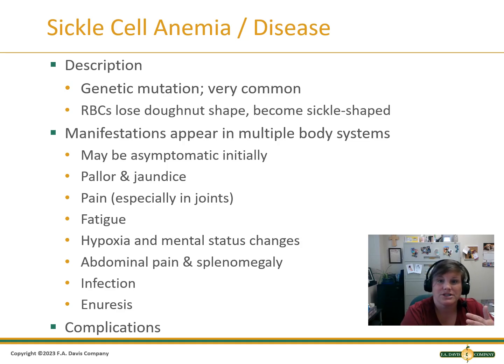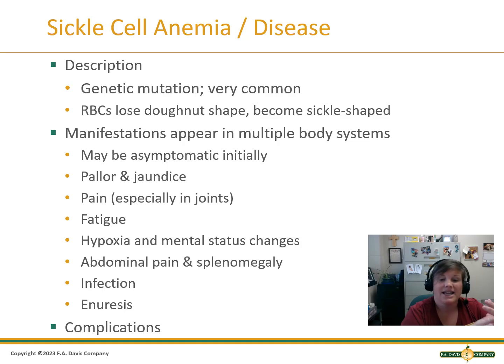So this is chronic. This is not something that would spontaneously develop for the child. They would know this and have this from birth. It is a common thing, especially in certain ethnicities and populations of people. And the way in which it manifests has to do again with the abnormal appearance of the red blood cells. So again, being the cells that carry your oxygen, because there's some deformity to them, the patient's going to likely